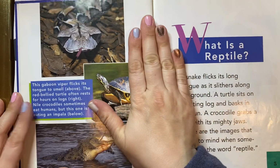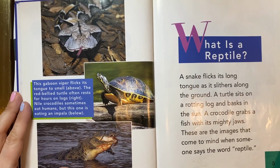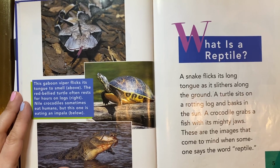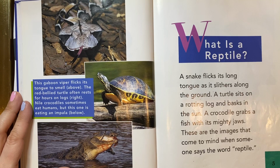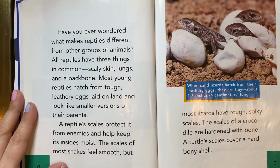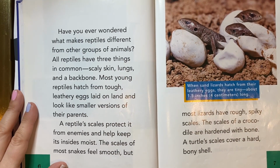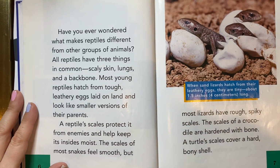What is a reptile? A snake flicks its long tongue as it slithers along the ground. A turtle sits on a rotting log and basks in the sun. A crocodile grabs a fish with its mighty jaws. These are the images that come to mind when someone says the word reptile. Have you ever wondered what makes reptiles different from other groups of animals? All reptiles have three things in common: scaly skin,